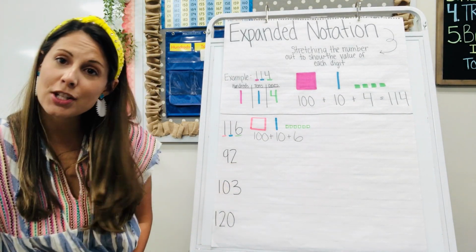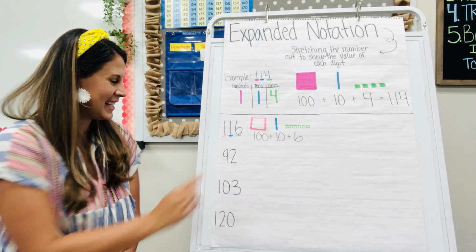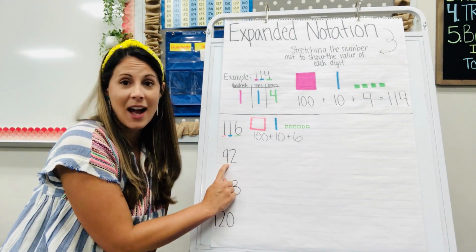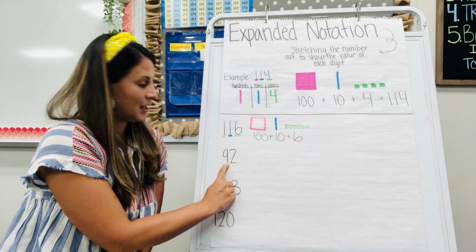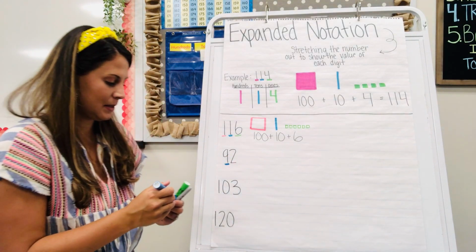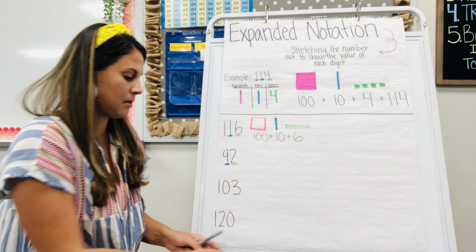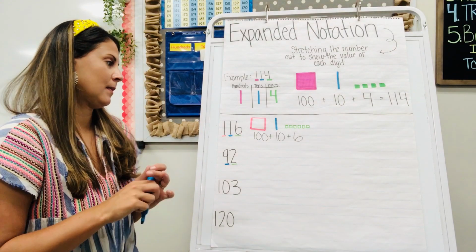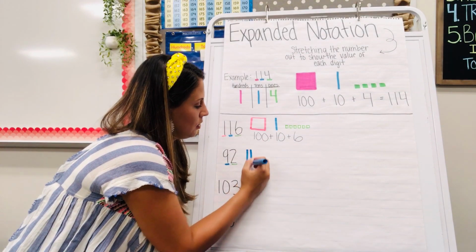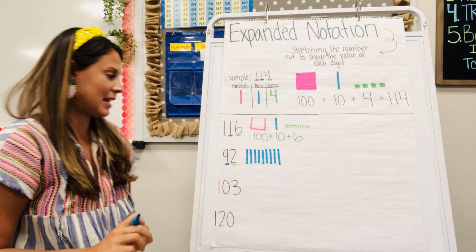92. How many digits are in 92? 2 digits. But when we only have a 2-digit number, think about what place value the 9 is in. It's the tens place value. So I have 9 tens and 2 ones. And remember, I like to draw them out. Even though it takes a little time, it sure does help me. 1, 2, 3, 4, 5, 6, 7, 8, 9 tens,